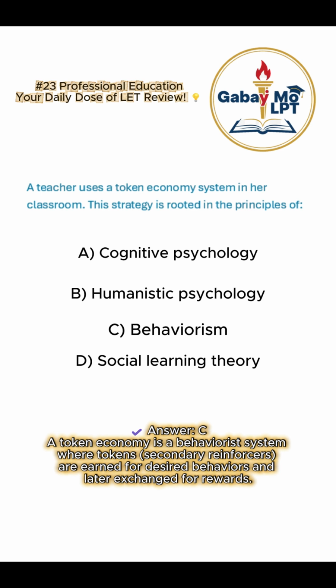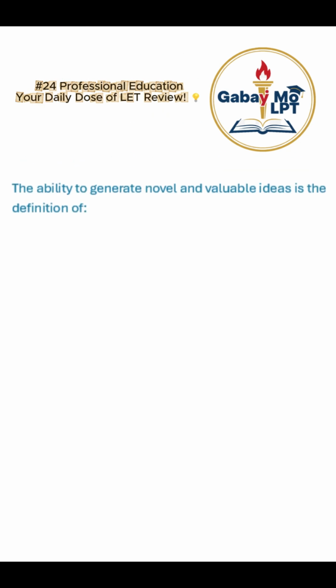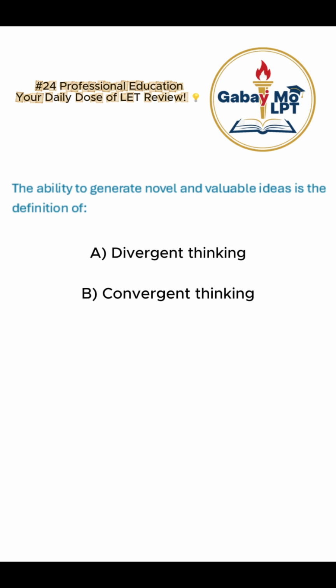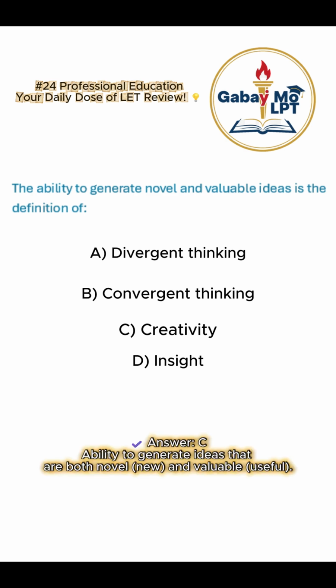exchanged for rewards. The ability to generate novel and valuable ideas is the definition of: A. Divergent thinking. B. Convergent thinking. C. Creativity. D. Insight. Answer C. Ability to generate ideas that are both novel (new) and valuable,